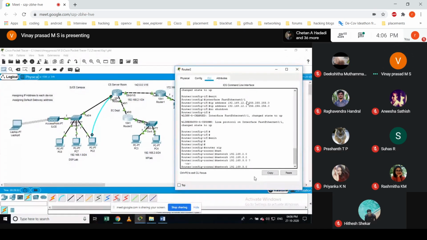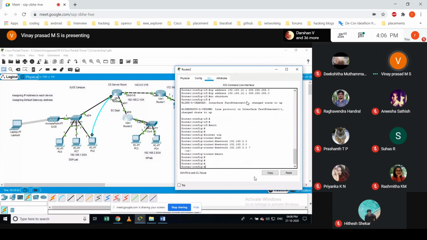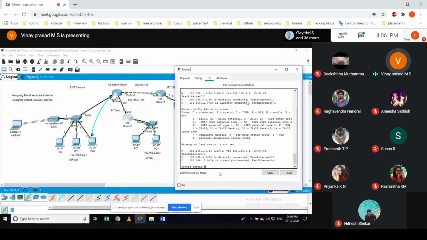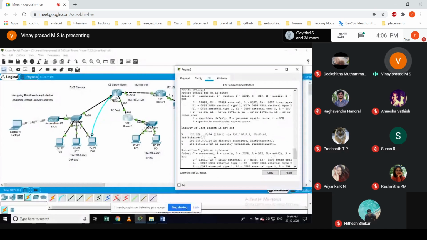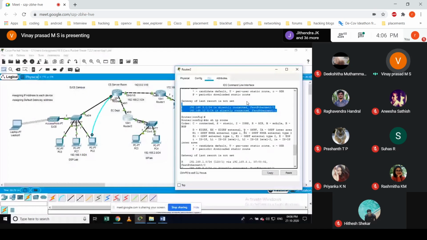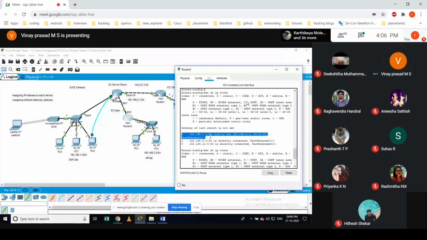Okay, that's it. Once you did that, you can check the routing table of the router. After some time, you would be able to learn some other routes. See, last time, what I gave here, I would only learn two networks. After some time, I would be able to learn one more address, which is from RIP. This R represents the information learned through the RIP protocol.